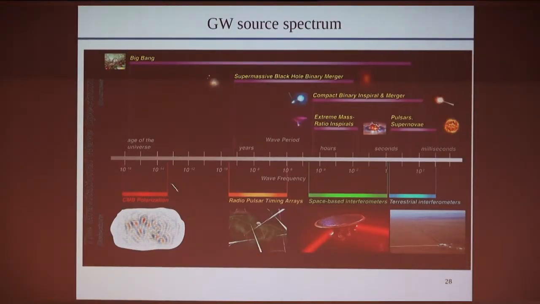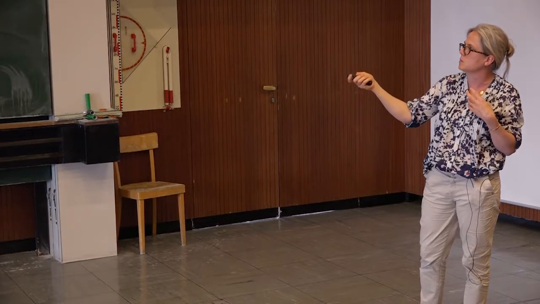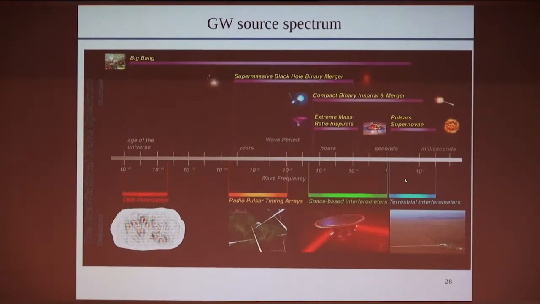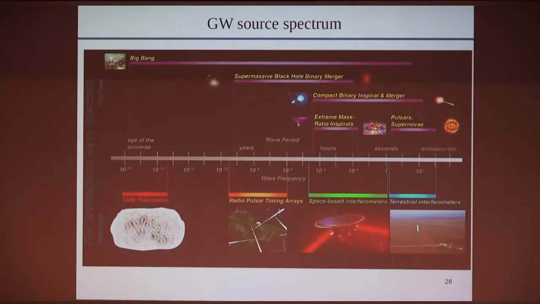So this is something we expect to see one day, especially in the CMB, but not only in the CMB. If CMB experiments see something in the polarization one day, that would be a wonderful thing. But with other detectors, we are also trying to detect those primordial gravitational waves. I'm not going to talk about them today. I will concentrate more on what is accessible on Earth, with LIGO Virgo detectors, and it's above 1 hertz.